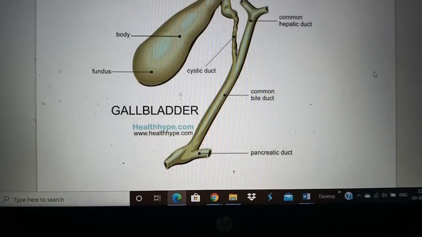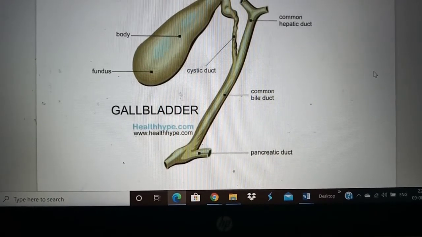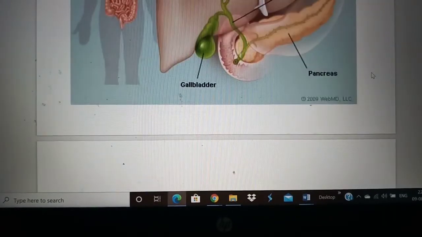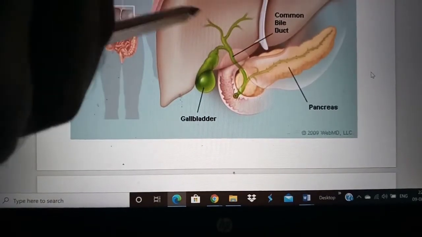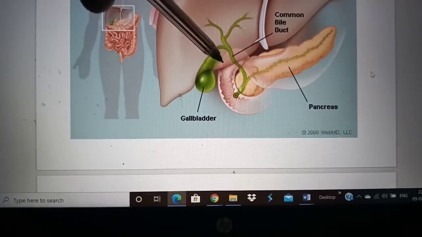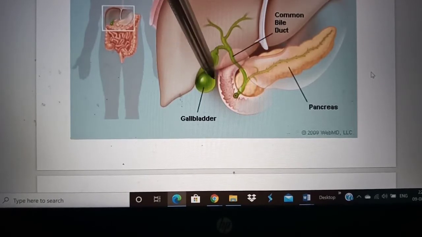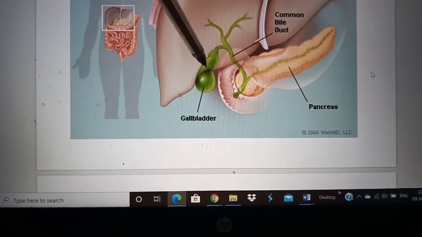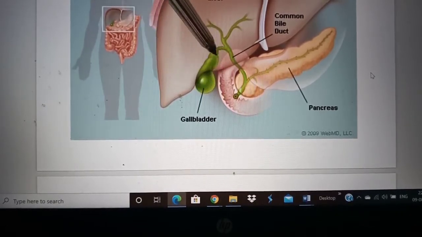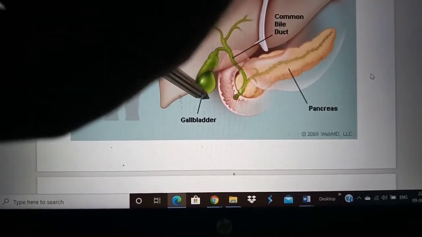Now coming on to the structure of the gallbladder. As you can see in the picture, the gallbladder sits in a shallow depression below the right lobe of the liver, which is grey blue in life. The length of the gallbladder is 7 to 10 centimeter or 2.8 to 3.9 inches. The diameter is 4 centimeter or 1.6 inch. The gallbladder has a capacity of about 50 milliliters, so the excess bile can get stored in the gallbladder.